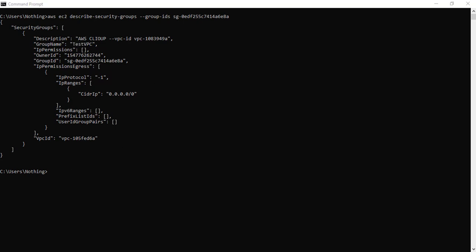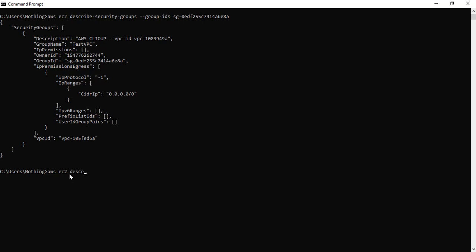So now we have a VPC ID, but we will also need the subnet ID to make it work. So let's see how we can get the subnet ID. So our VPC ID is already present here. So let's try to get the subnet from the VPC ID. So whenever the VPC is created, you already have different subnets automatically created as per the availability zone.